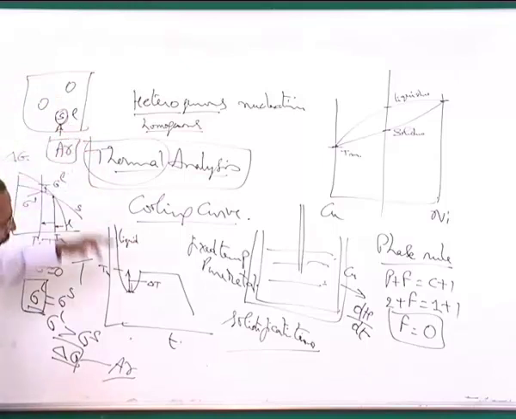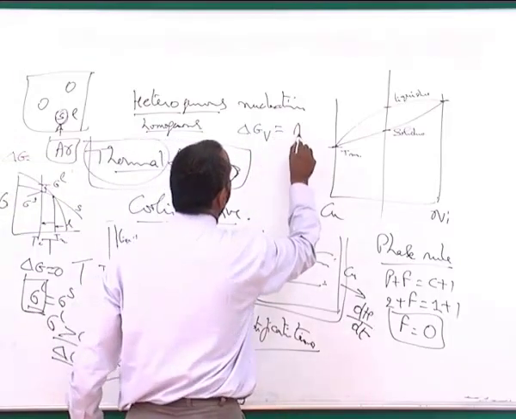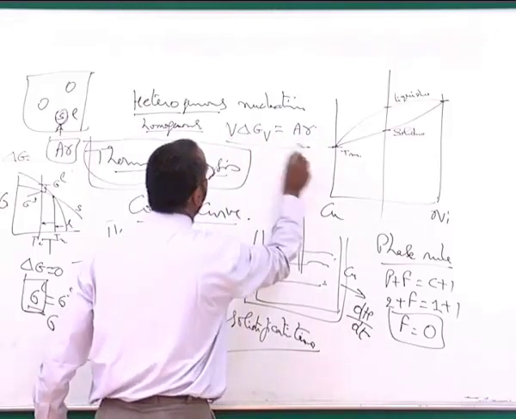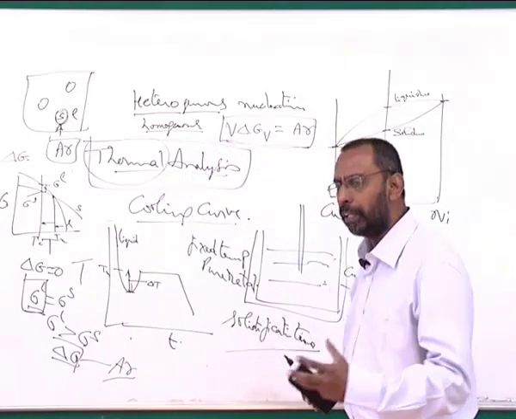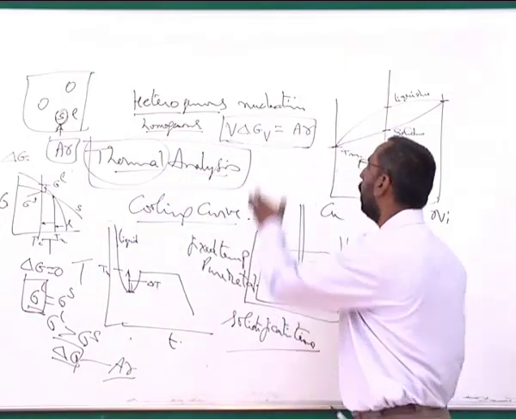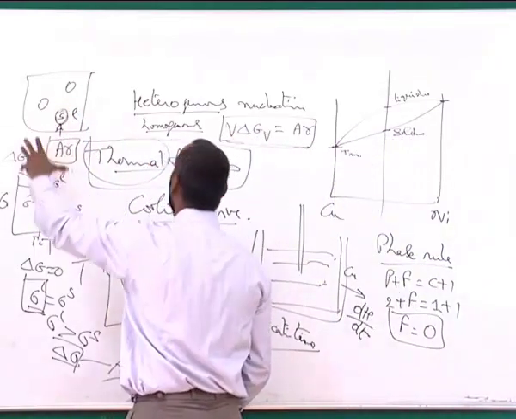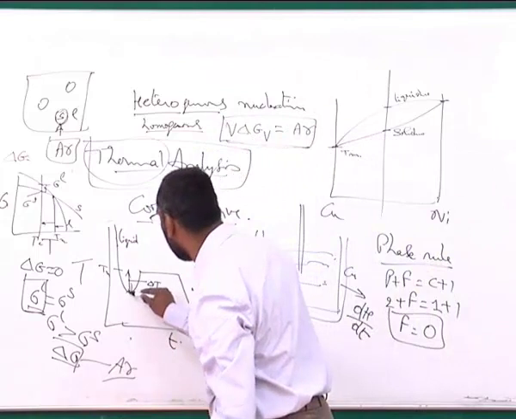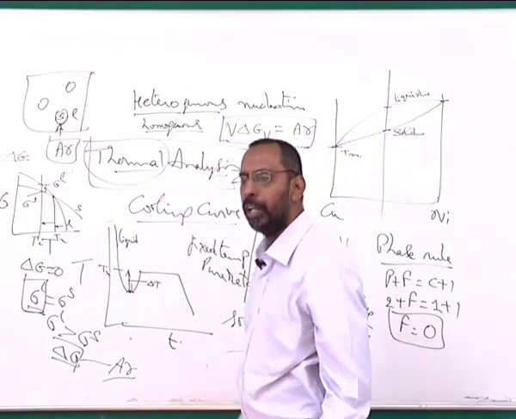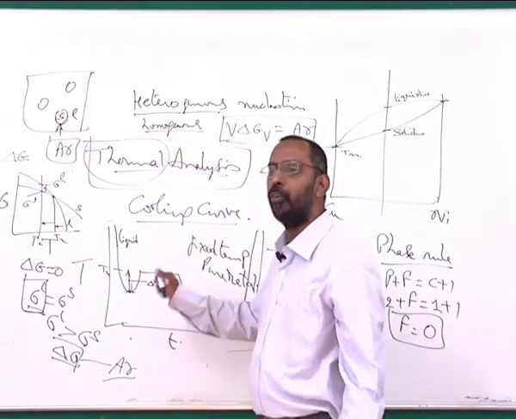So the liquid will keep on undercooling up to a particular temperature where this ΔG, which we call ΔGV, is equal to Aγ. So when V times ΔGV becomes equal to A times γ, that gives me a limit of undercooling that I need, so that I have sufficient energy available for a particular volume of solid forming from the liquid. Then suddenly at that temperature you have solid nucleating, and this is what we call ΔTn, the undercooling that is required for the nucleation to happen.